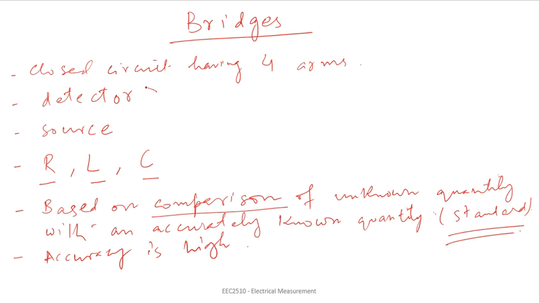So the detector which is placed in this circuit, when this detector shows the null position, at that instant of time the quantity is determined. So the measurement is actually based on the null indication of this detector in the bridge circuit. So this is the reason for the accuracy of the bridge methods. Okay, so measurement accuracy is therefore directly related to the accuracy of the bridge components and not to that of the null indicator or detector which is used here.